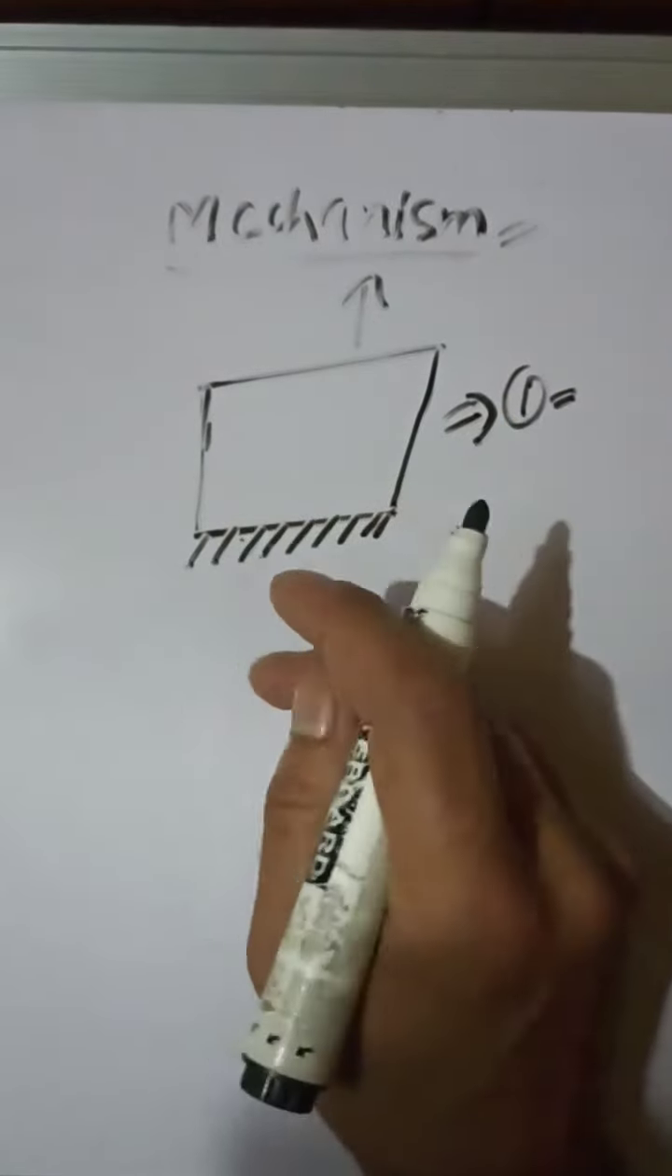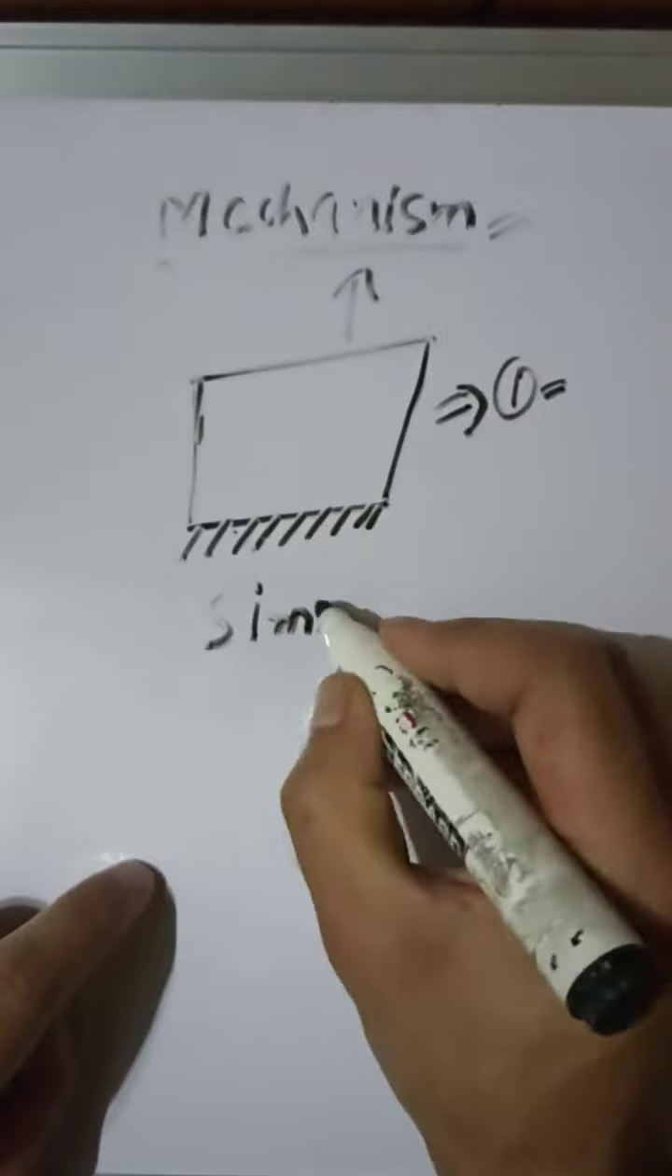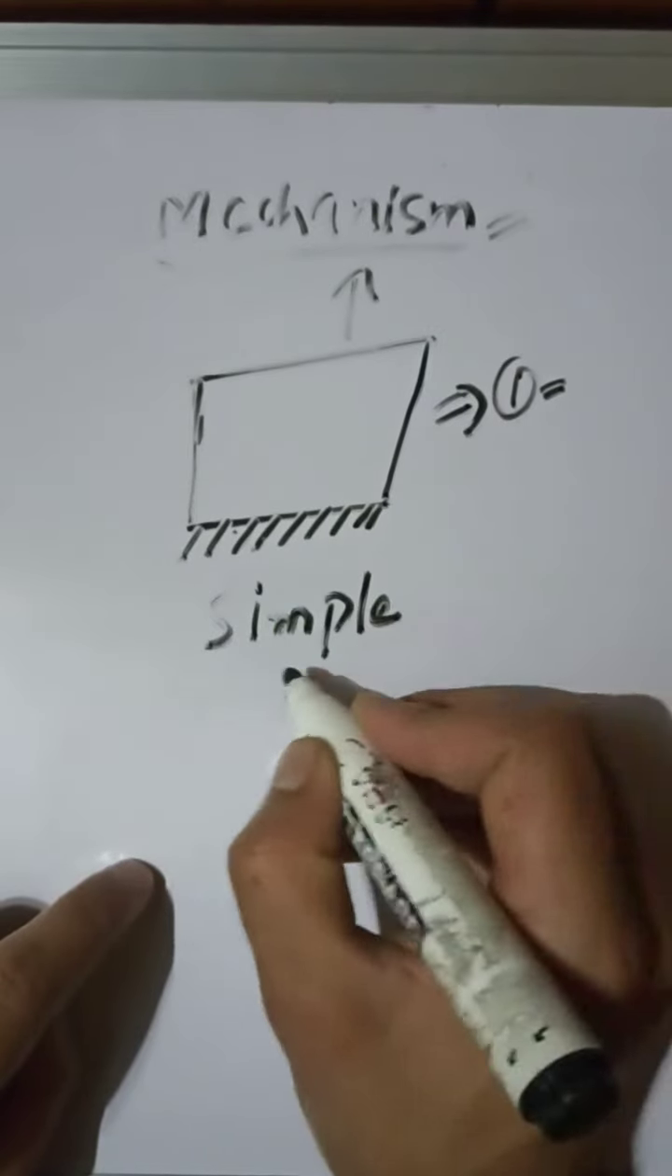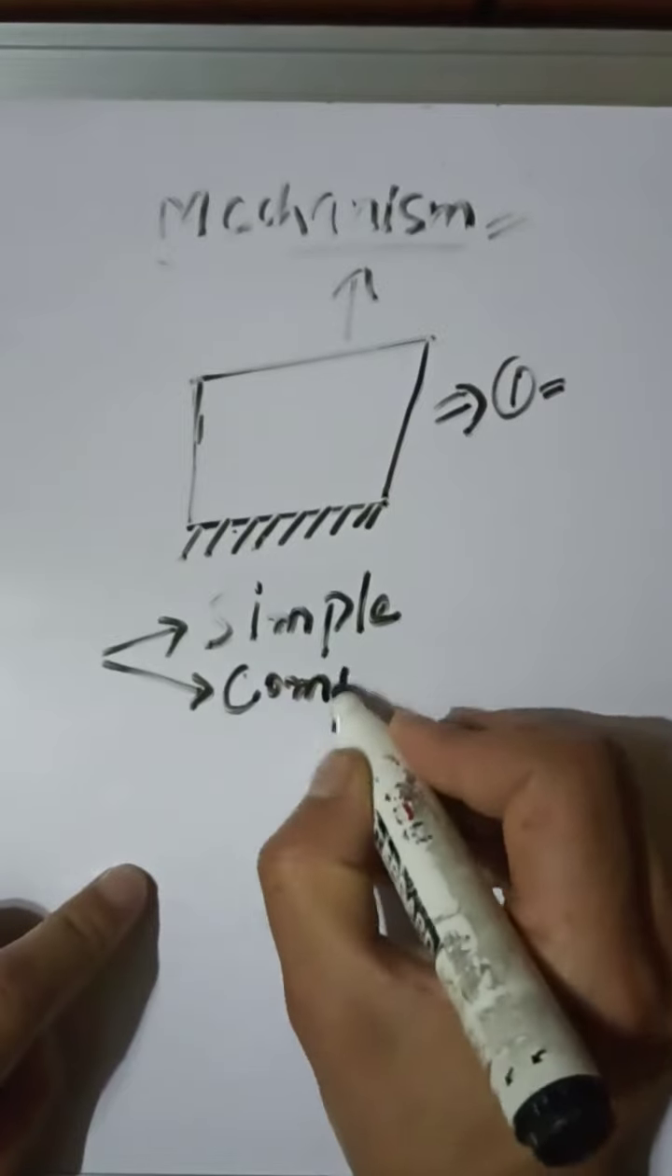Okay, now there is another concept. What is now the simple mechanism? Simple mechanism, basically the mechanisms are of two types. One is a simple mechanism and another is a compound mechanism. Okay,